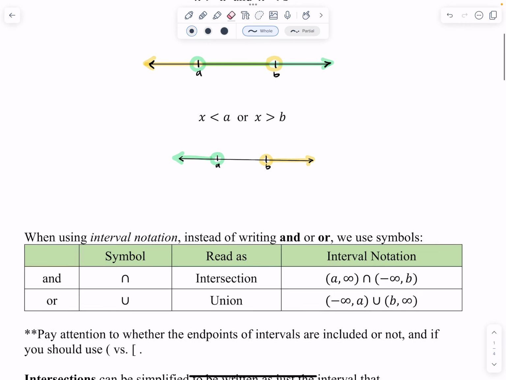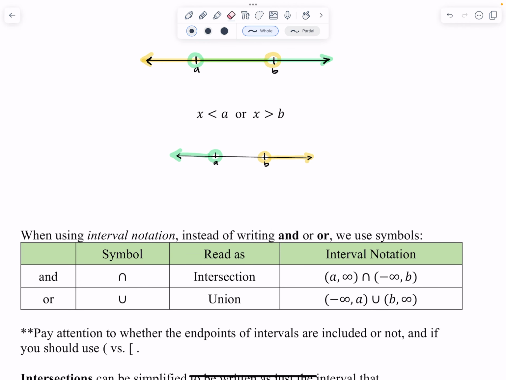So we introduced interval notation in the last class as another way to represent. We also talked about the set notation, which was basically taking the inequality notation and making it fancy with the curly brackets and saying x such that this inequality statement is true. Well, interval notation, whenever we are thinking about representing a compound inequality in interval notation, we think about replacing the